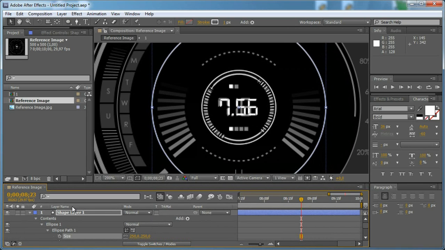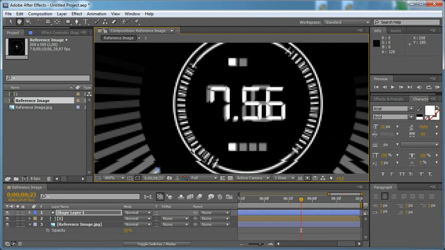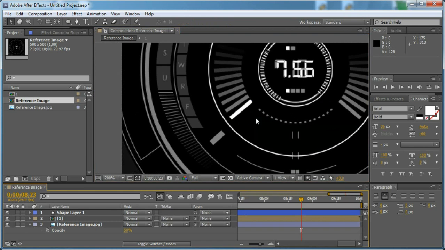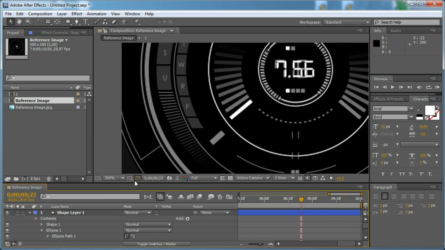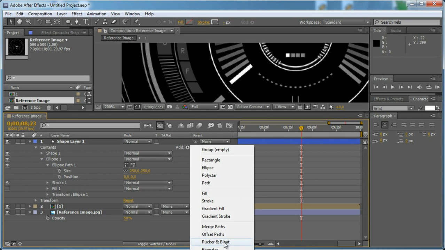Like so, and then let's select our pen tool and let's draw another shape right here and set the size of the stroke to 5 this time, and we are going to use the repeater again to animate